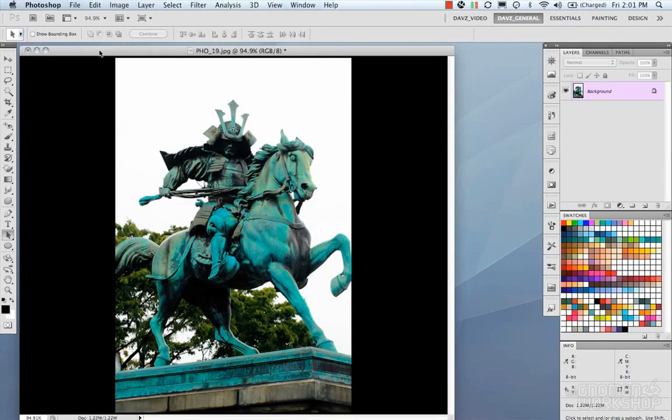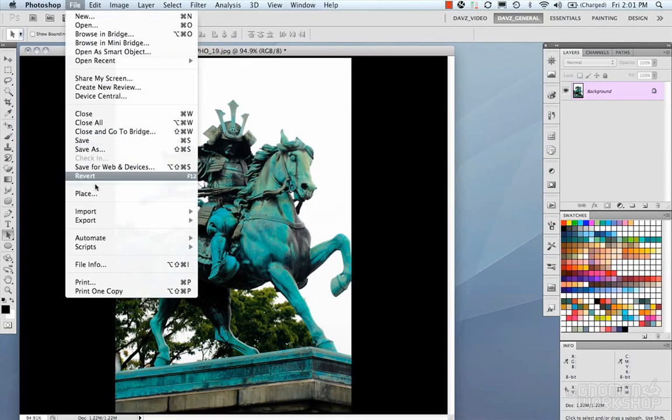Now Photoshop has gotten into non-destructive editing, and it has the ability to treat images as smart objects. Now a smart object is almost like a link or a placed object. So there's a couple different ways to get a smart object into Photoshop, and one of the ways is to go under File and Place,